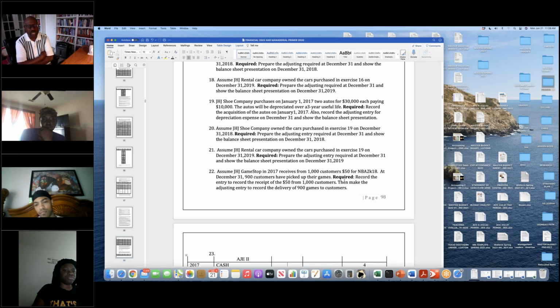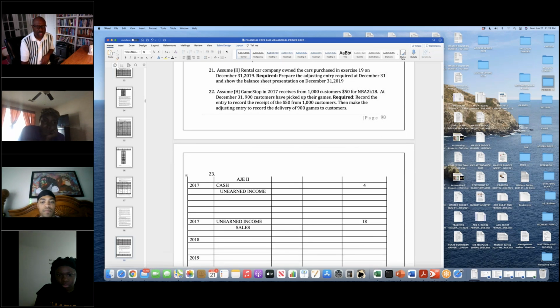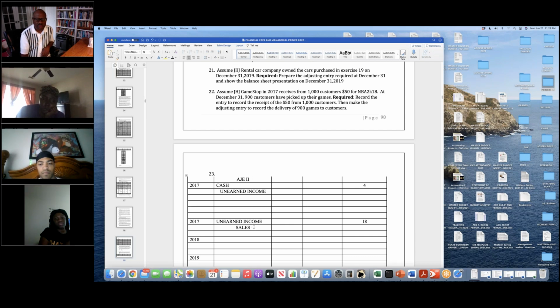So when we have a situation of earned income, the journal entries are always going to look like this when we're working with AJE number 2. We had a preceding entry, then the AJE itself. So we know what the journal entry is, we just have to figure out the amount. So in 22,